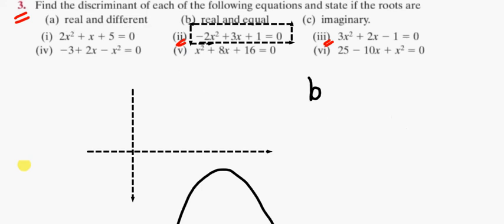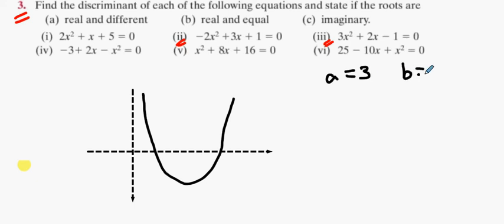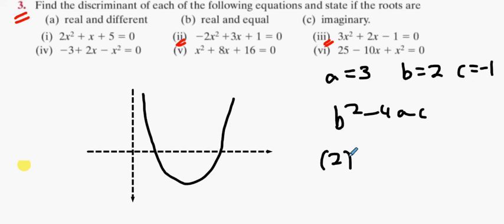You asked me to try question 3, didn't you? Alright. Now question 3 is U-shaped. How do I know it's U-shaped? So once again, if it hits like this, you have two real and different roots. If it hits once, it's real and equal, and if it doesn't hit at all, it's imaginary. So let's find out which one it is. A is 3, B is 2, C is minus 1. And then we do b squared minus 4ac, and we get 2 squared minus 4 times